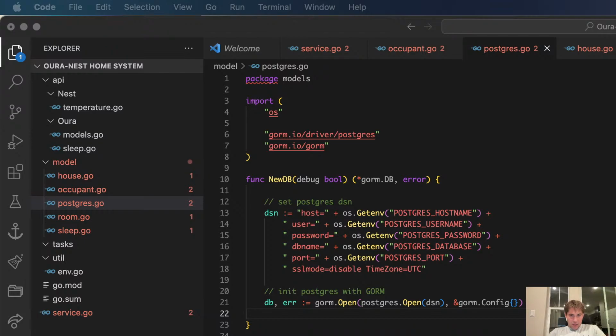Is the database SQL package built in to Go? Yeah, I think so. Oh yeah, it is. That makes sense though.